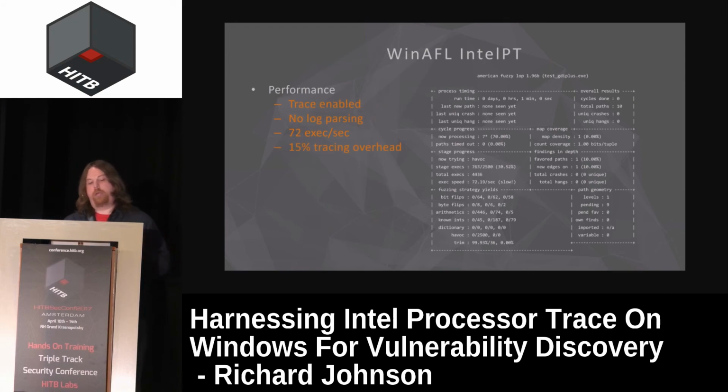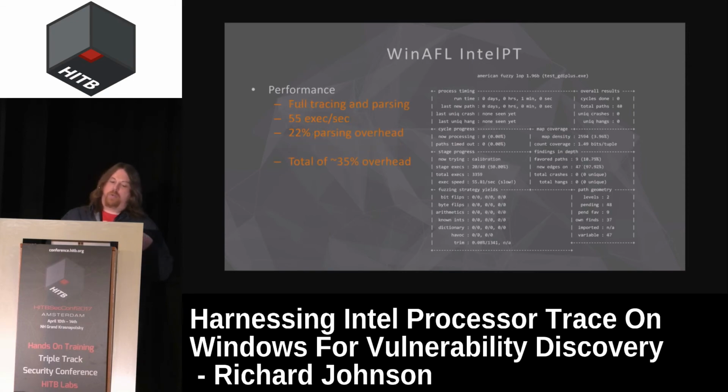So then I enabled the Intel processor trace without logging the output, just to see what runtime hit we're getting here. The docs say it should be about 15%. Is that what we're seeing? Yes, in fact, it was almost exactly 15%. So we went from 85 down to 72 executions a second. Then we add in the parsing of that log file with the binary logging, and we're down to 55 executions a second, which was another 22% parsing overhead. So in sum, we hit about 35% overhead on doing the Intel processor tracing and starting a new process each time,